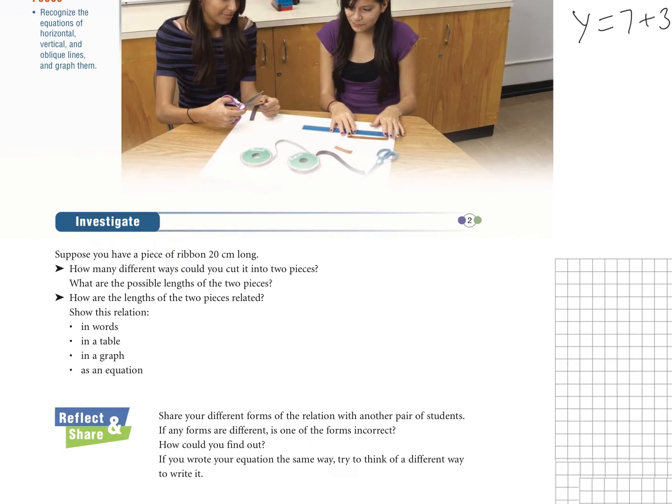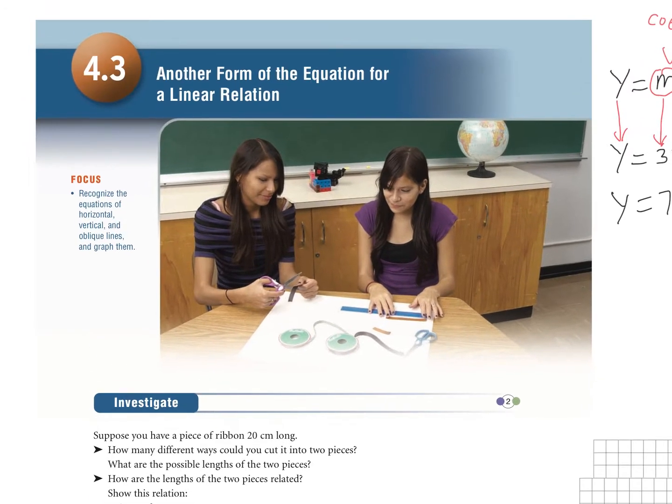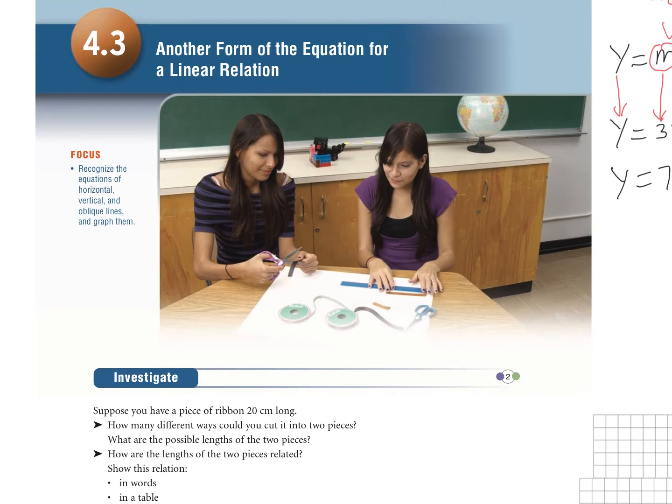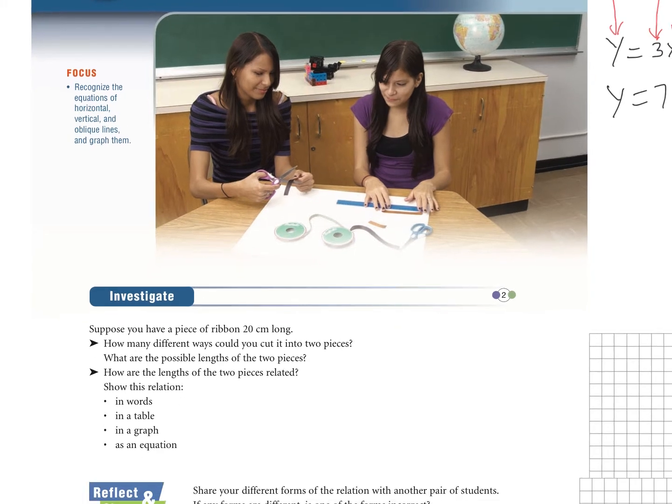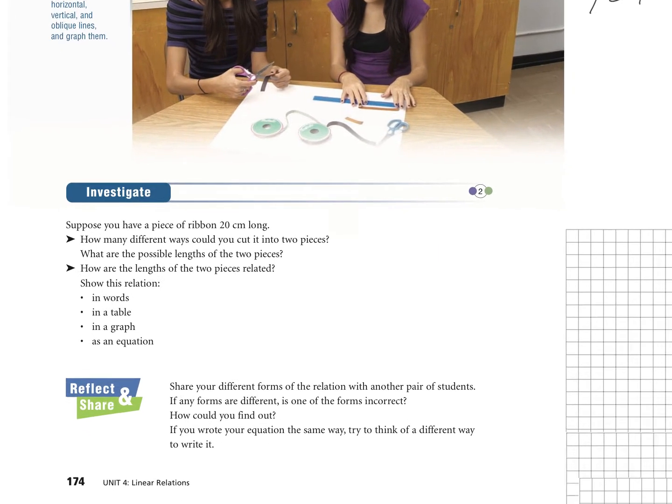So let's come down here to investigate. Well, first off, we can see here in our photo that we have two students, it looks like. The first student is cutting a ribbon and the other student is measuring it. And they have two different lengths of ribbon right here, and each have a pair of scissors. So when we come down to the investigate section,